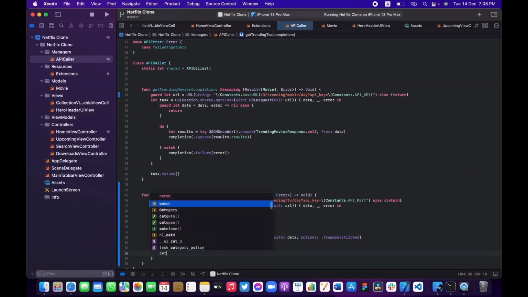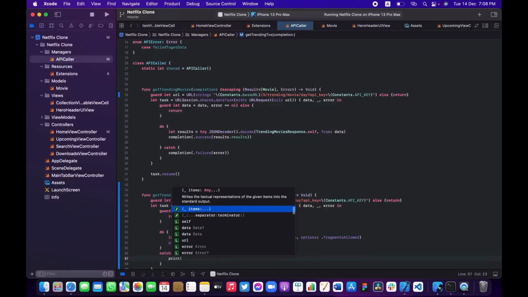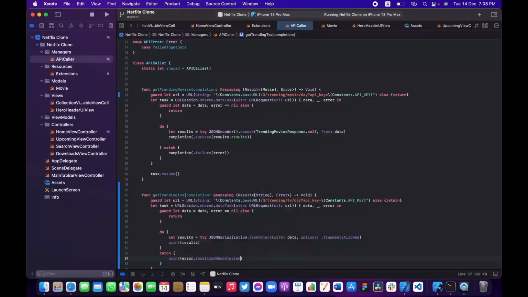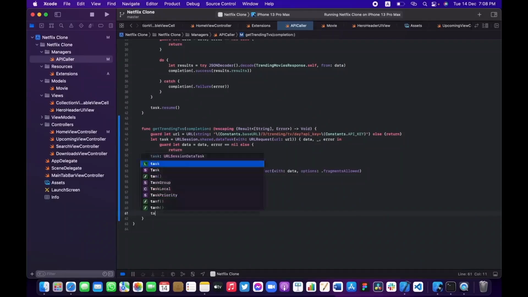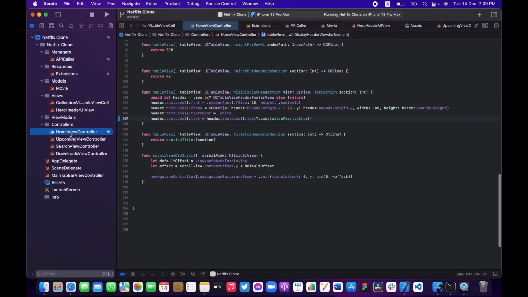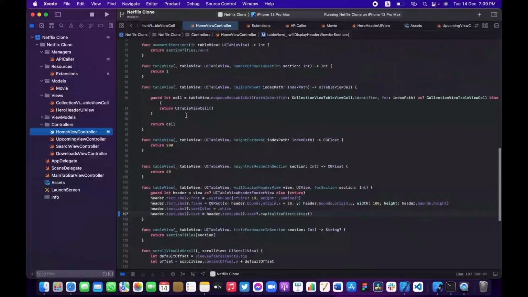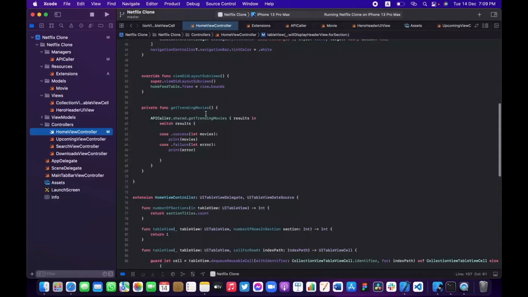And after that, I'm going to catch if there's any error. So let me go ahead and print error.localizedDescription. What else do we need to do is just resume our task so that we can see the result of that. So let me copy that, getTrendingTVs. Let me go ahead to our home view controller, and instead of calling the get trending movies function, I'm going to